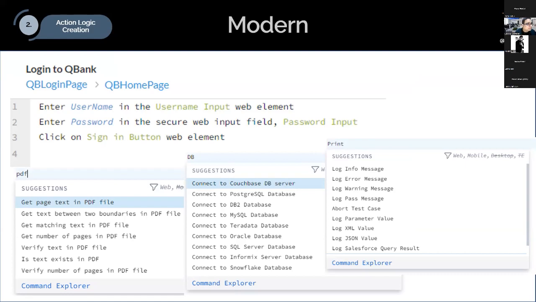and just writing in a notepad-like editor, where you're entering the username, entering the password. There are natural language editors which help you easily interact with PDFs and databases, and suggest to you based on what you